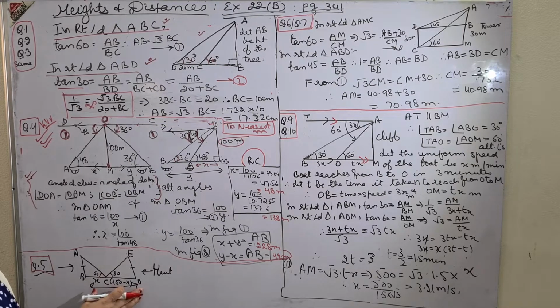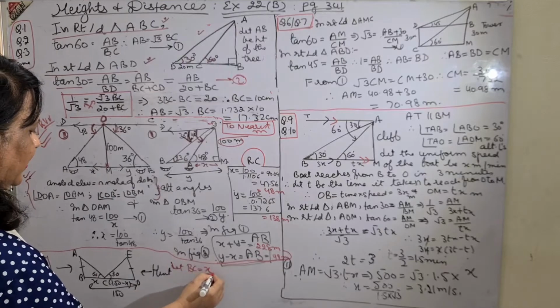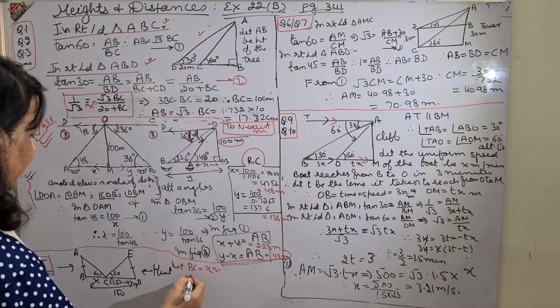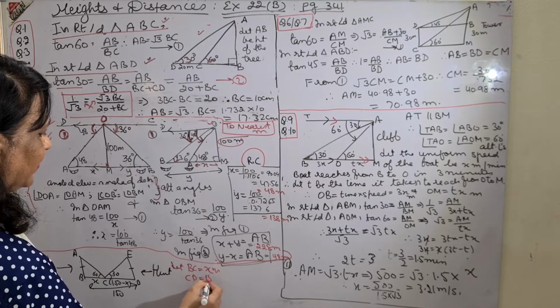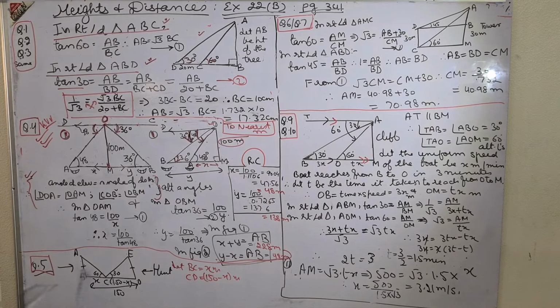Now since the total path is given, let BC be x meters so that CD is 150 minus x. That is all you have to do. Others are very simple. I took BC to be x meters, so CD will be 150 minus x meters. Now the same thing in right angle triangle ABC first, then in right angle triangle EDC. Equate the common terms and that is your answer. I have made you understand the language. A roadway with the pillars which are of equal height.